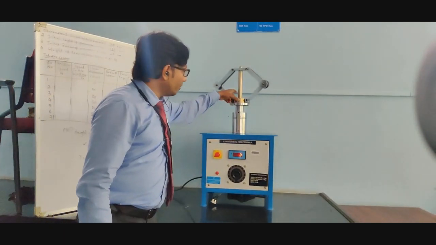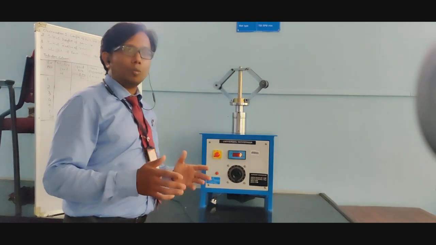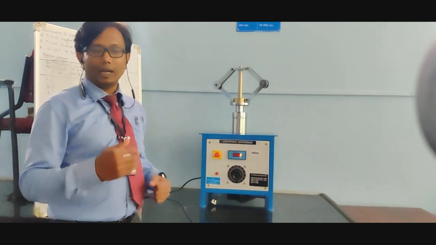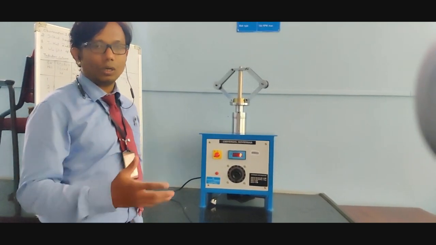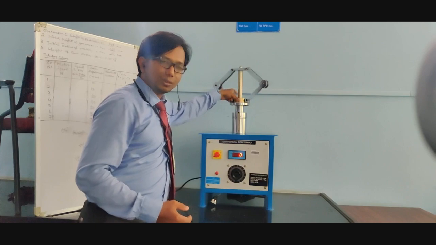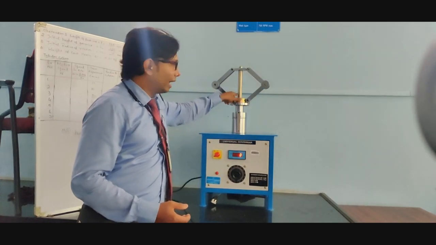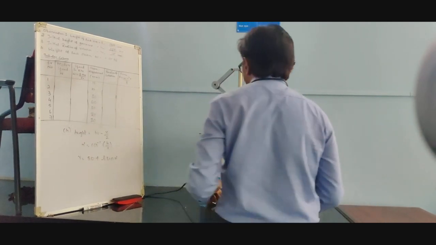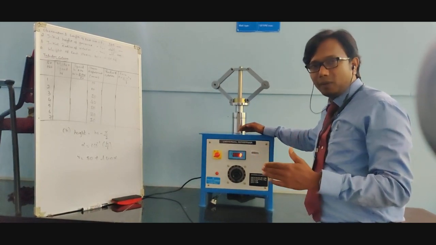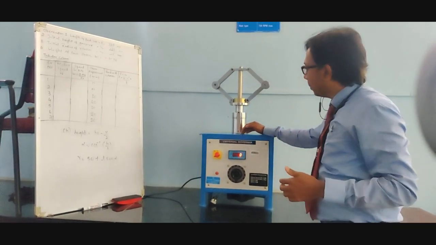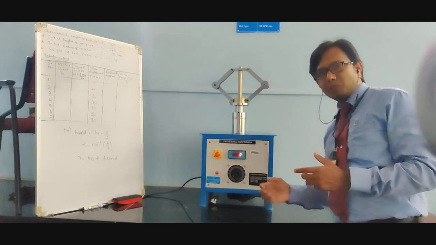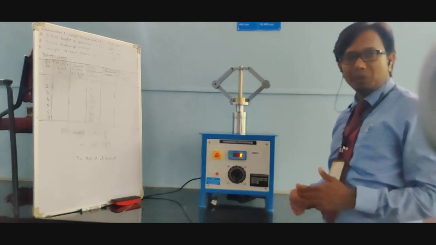And why we are placing this weight is, every automobile has a certain weight. Because of the weight, the engine has to carry it and give the proper power to the system to run that particular weight. So this is the weight which we are placing on this system. We will know the mass of this weight, and for the calculation, there is a sleeve displacement here. For a sleeve displacement of 10 mm, 20 mm, 30 mm, I will try to find out the speed of the governor. For 10 mm displacement, what will be the speed? For 20 mm displacement, what will be the speed?